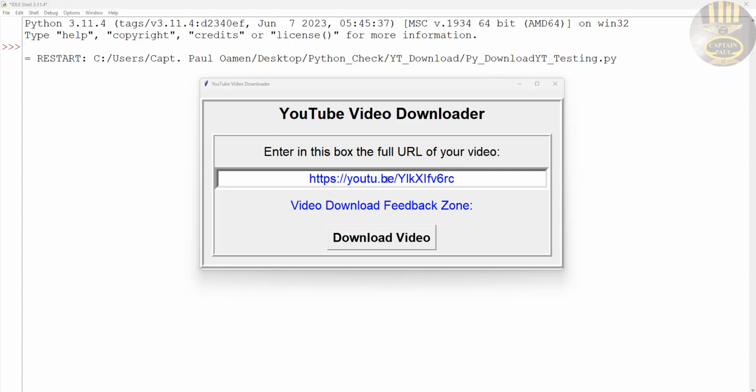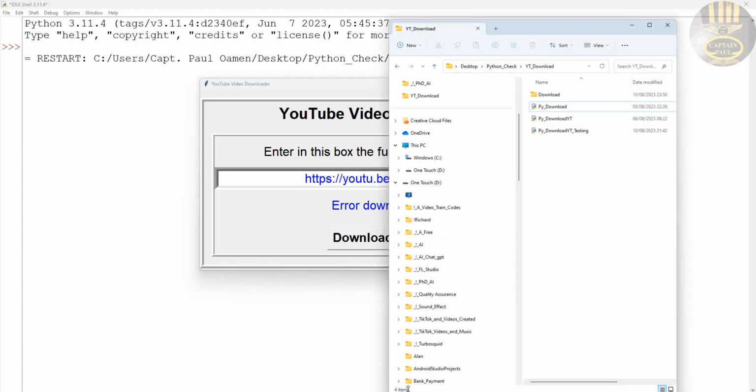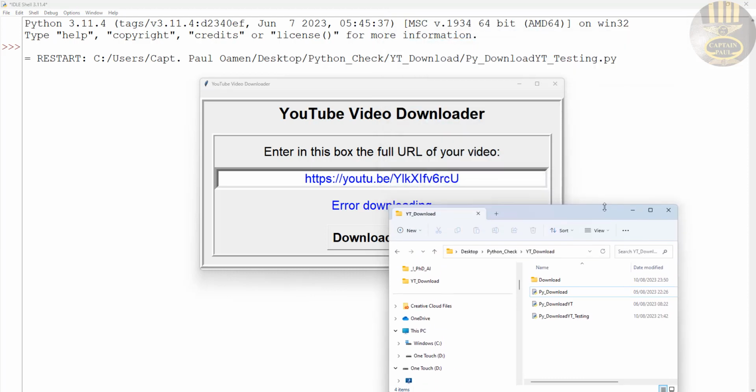And in here I've entered an incorrect URL. So I'm going to click on the download button here, and you see that it's telling me that URL is incorrect. So supposing we enter a valid URL in there, let's see what's going to happen. I've just entered a valid URL in there, and the file is going to be saved right here inside my